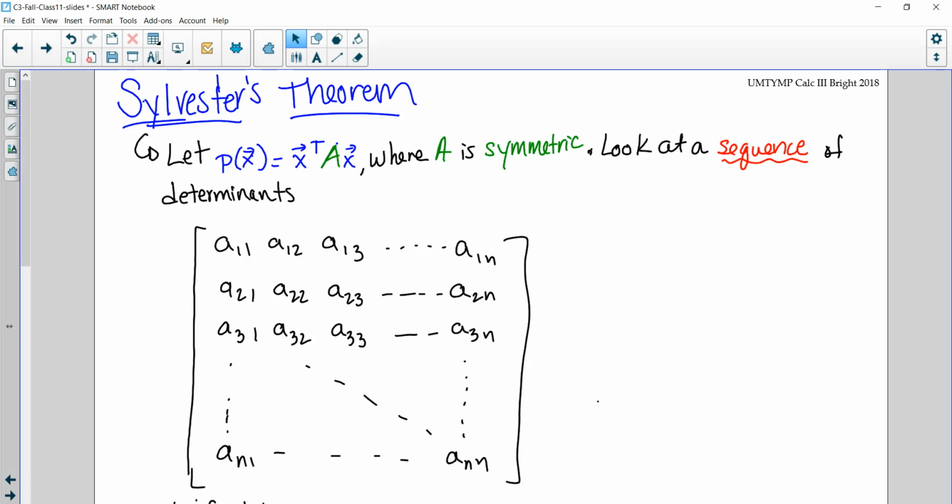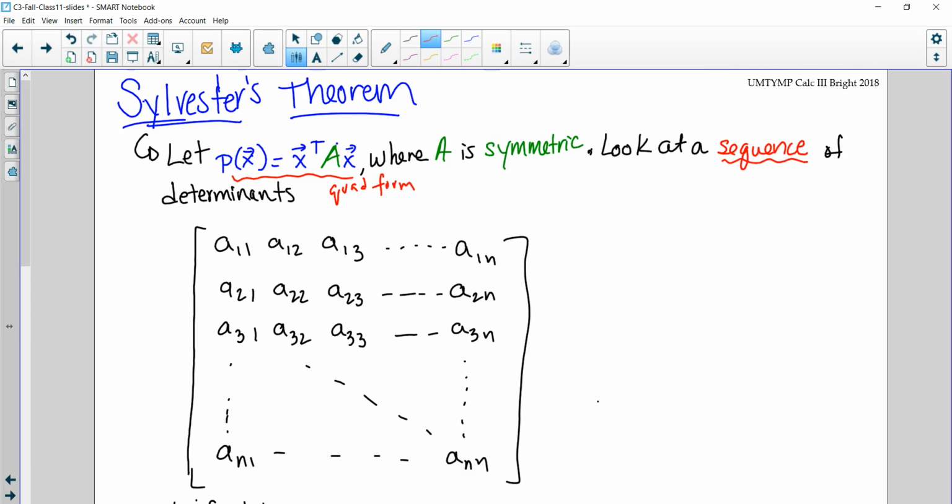Alright, and so in the last video we were talking about definiteness and positive, negative, semi, all that stuff. Now we're going to talk about a theorem and maybe how it connects to that idea of definiteness. Again we have a quadratic form. So Sylvester's theorem is saying we have a quadratic form and a symmetric matrix, and what we're going to do is look at